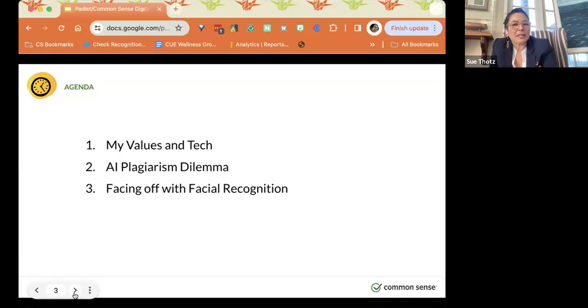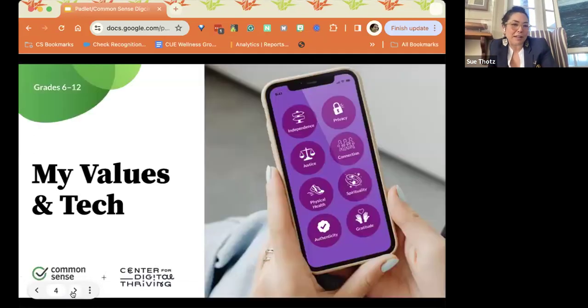Another lesson that we're going to be doing is about plagiarism and AI use, which is always kind of a hot debate, and is fun to think about, and a great one to use with your staff or with your students, to just level set and figure out what your communication is about, where your line is, how much can be student created and how much can be AI created in your classroom. And then the last one is about privacy and facial recognition. We're going to try to get to all three of these today. We're just going to use Padlet to modify our lessons that we have at Common Sense. And we hope that you all will jump in and try it with us. So that's what we've got going on.